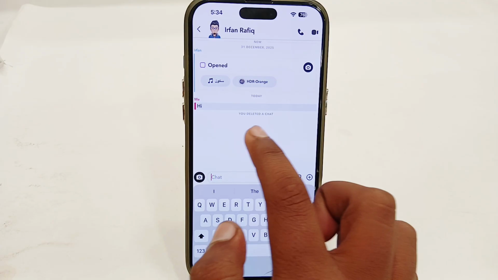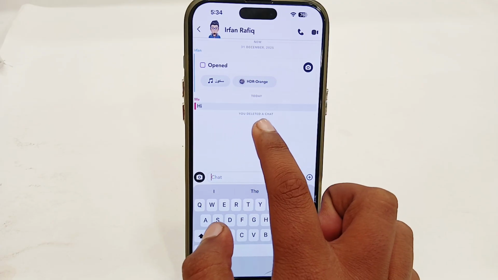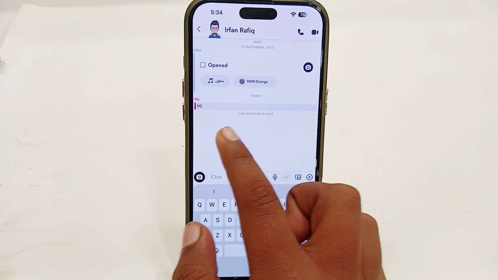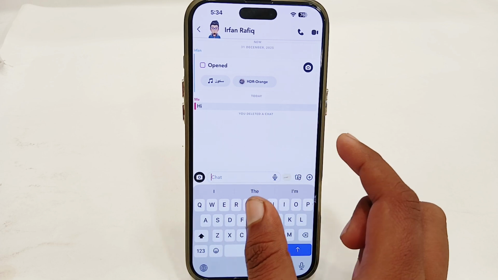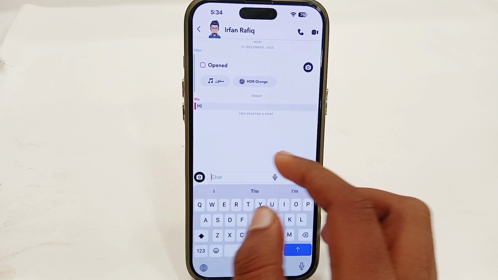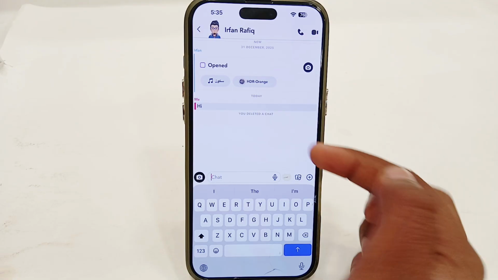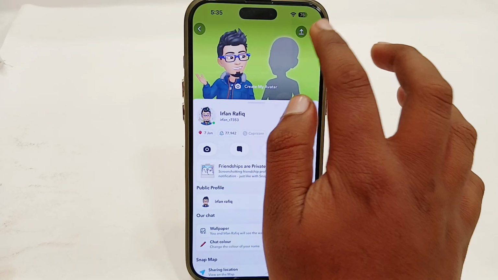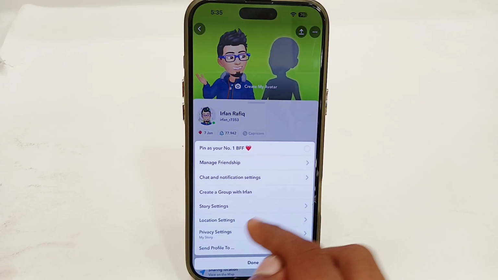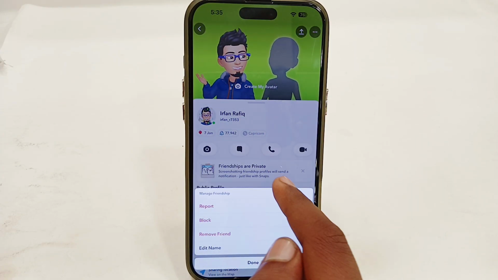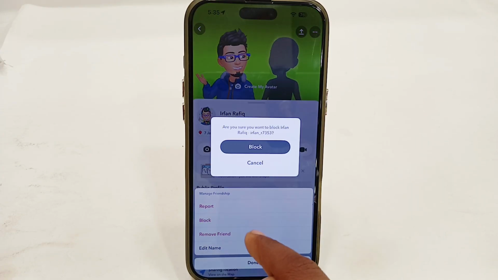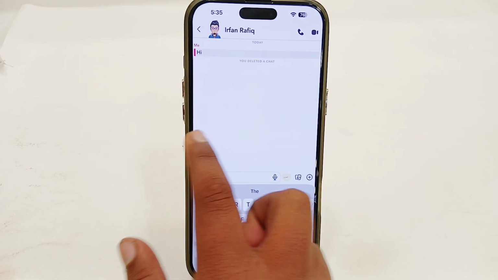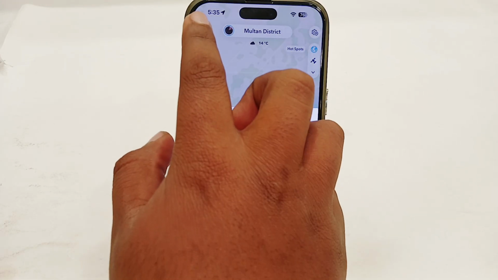But there's an issue that the person will see a notification that you deleted a chat. So if you want to remove this notification, there might be a way. Just go to the person's profile after deleting the message. Go to the person's profile from here, then tap on the three dots in the top right, and tap on manage friendship, then select block. Tap on block again. Once you have blocked the person, just go back and tap on your profile option in the top right,